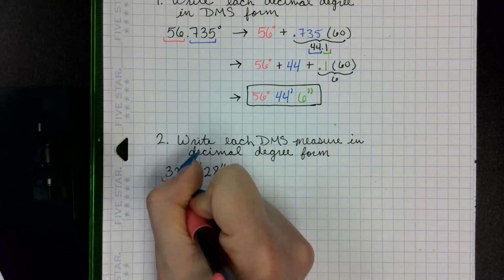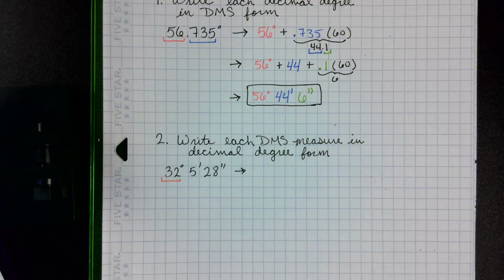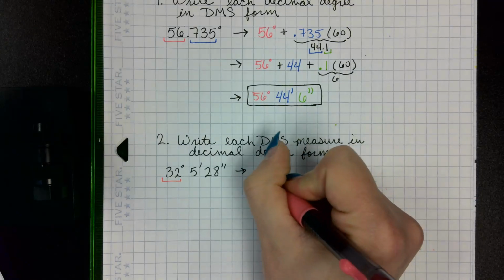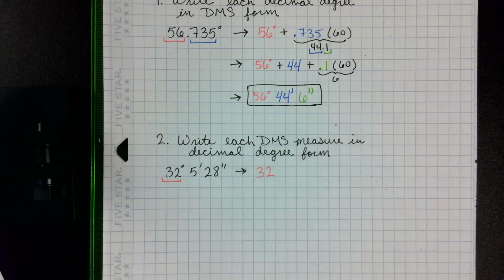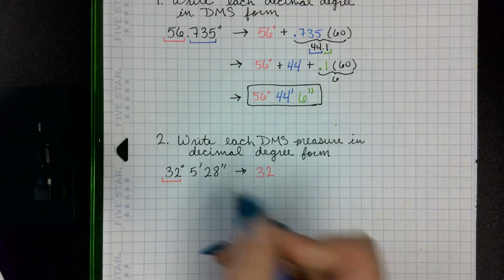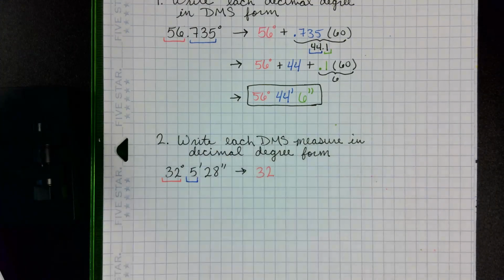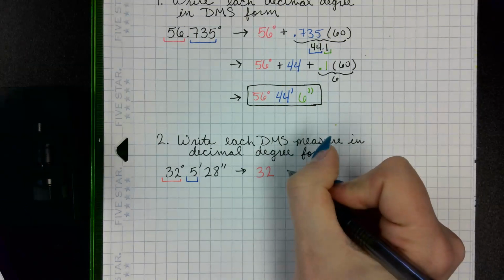The whole number part of degrees stays. So it's still going to be 32. So I'm going to split these into 3 pieces. The 5 minutes, so I'm going to have 32 plus